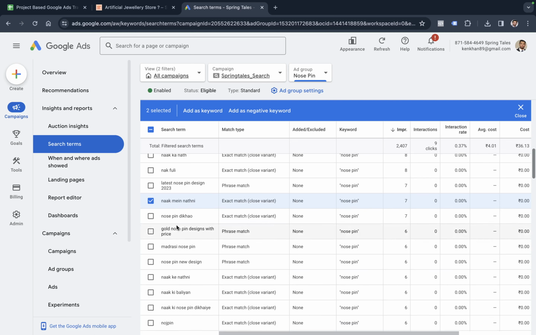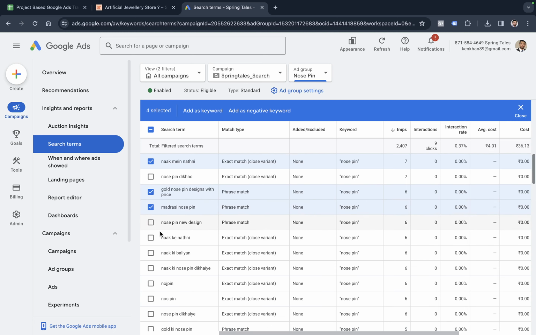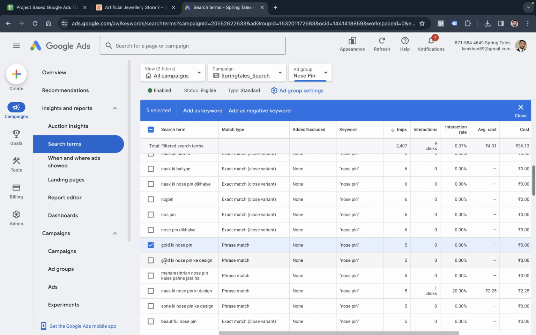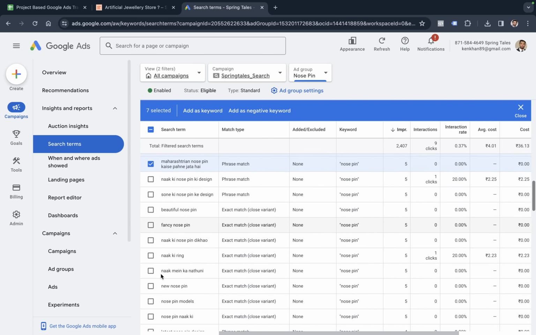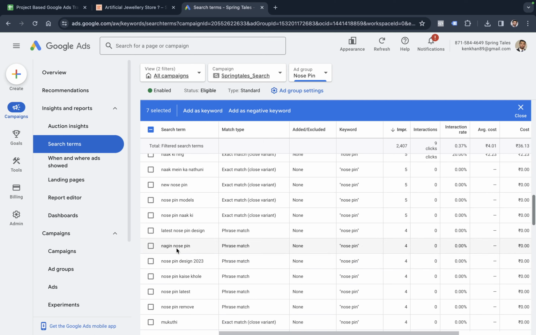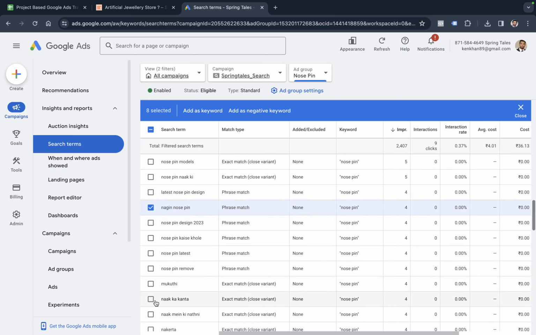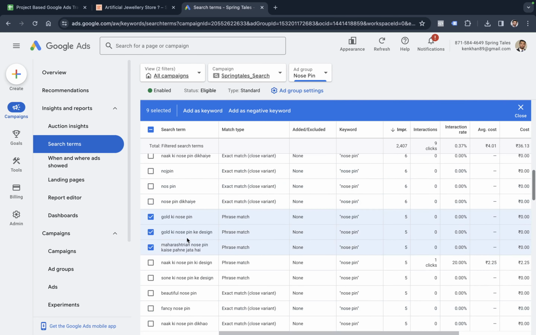Then we have nose pin dikhao, gold nose pin design. Again, here people are looking for the actual gold nose pin. Then Madrasi nose pin. Then we have terms like gold ki nose pin, terms like Maharashtrian nose pin, then terms like Nagin nose pin. Oh my god, Mukhuti, Nakakata. In fact, you can see all of these people are getting to see our ad, but yet